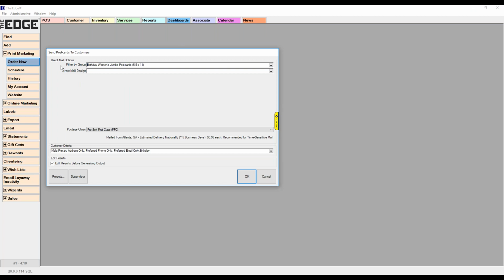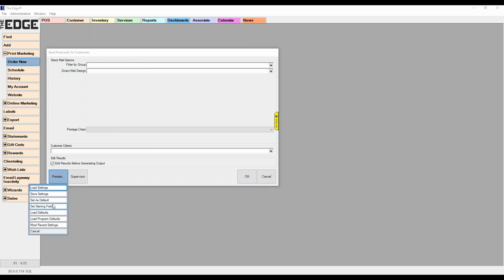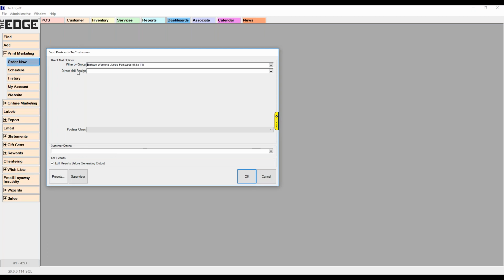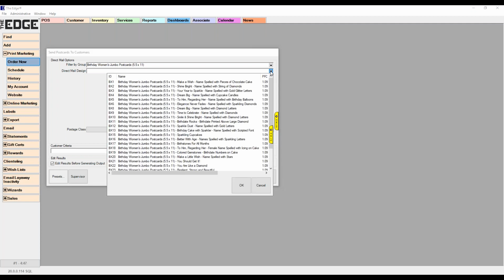And the Edge is going to load up all my direct mail designs for birthday women jumbo cards. If you give me one second here, I'm just going to try to make a setting here. I'm going to go select that one more time. Okay. And then I'm going to select my direct mail design. So I'm going to pick which card I want. Now, if I've gone onto the website, I can see the pictures nice and big. I can jot down the ID of the card that I'm looking for. Otherwise, if I come in, I can see the IDs listed here. And if I click any of these,